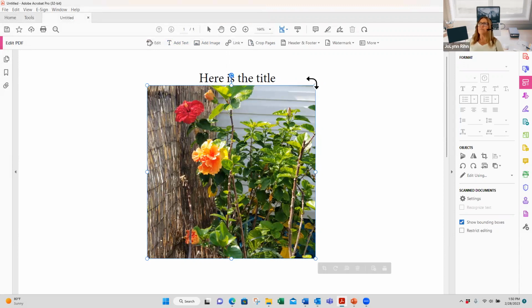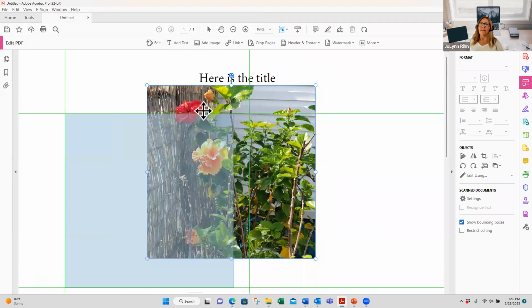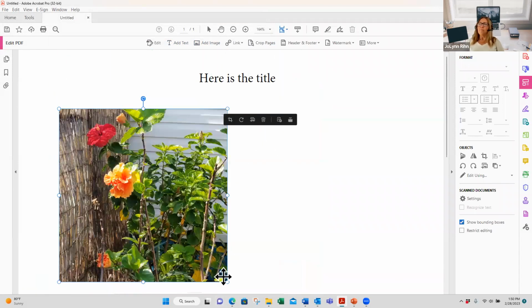So as you can see, we've got sizing handles. I can move it around. I've got my moving handle. So when I'm inserting these objects into my document, I'm creating the whole thing on my own. I have to add a text object, type all my text in, add in images, add in links, whatever it is that I need. So if I wanted to add a link to this image, I could click on link